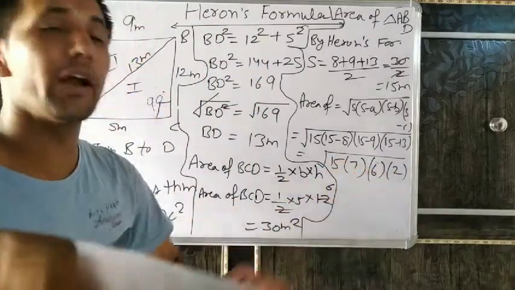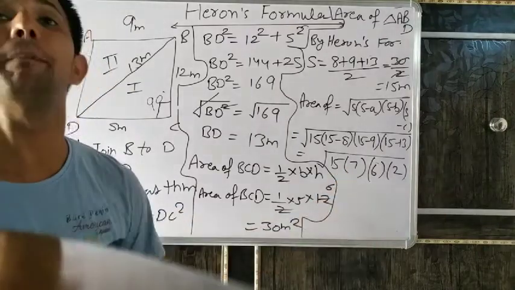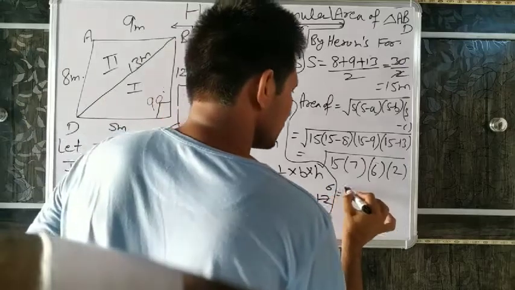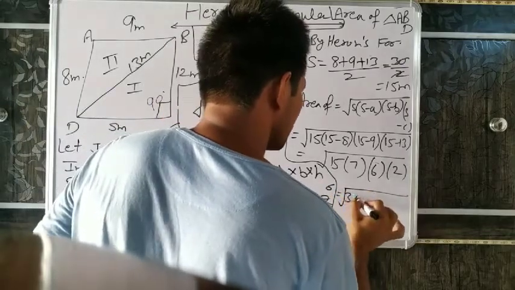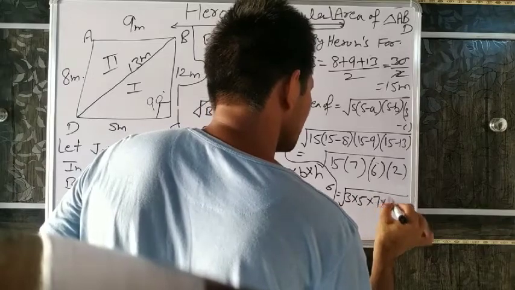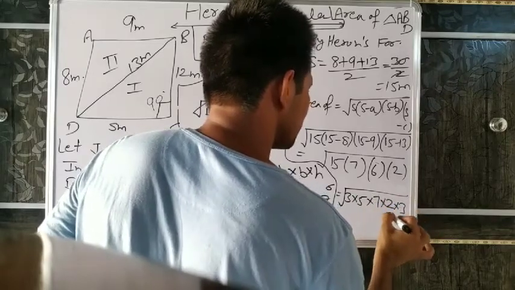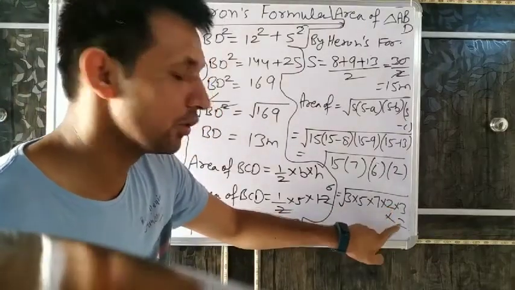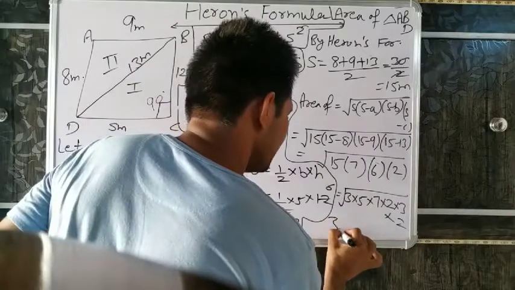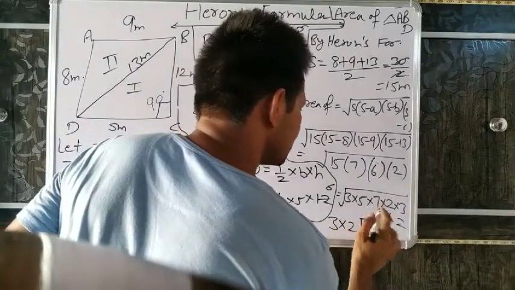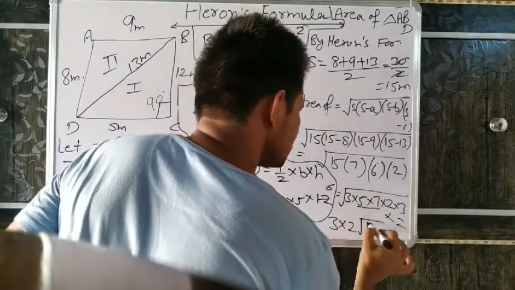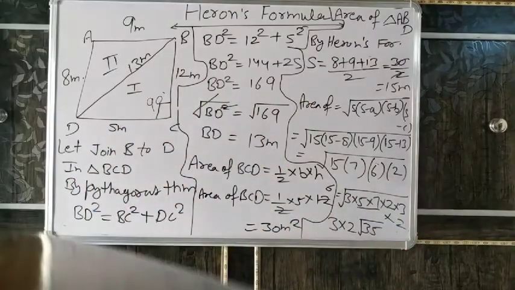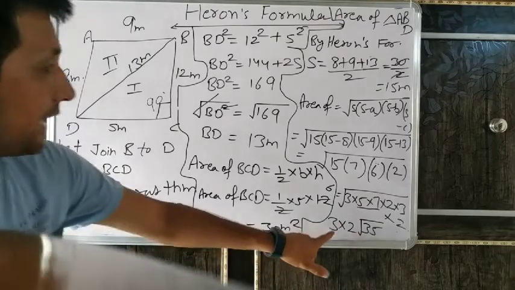Don't try to multiply directly. We will make pairs and write the paired numbers outside. 15 is 3 into 5, and 7 stays. 6 is 2 into 3, and 2 stays. Pair of 3, 3 and 2, 2. So 3 is outside and 2 is outside. What is inside is 5 into 7, 35. Understand? So I am rubbing this now. It is the area of the second triangle.